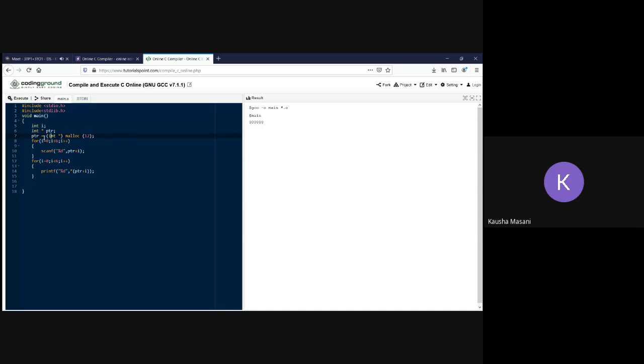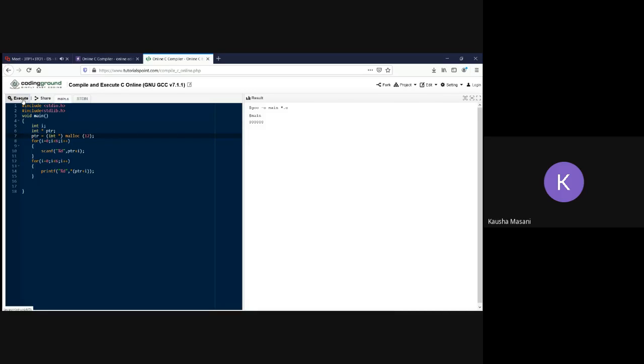You have written PTR. Is it equal to or is it minus? No, it's PTR equal to. Okay, it is showing as if it is a minus sign. No, it's equal. Okay, and now execute the program. Same output. Still nothing.